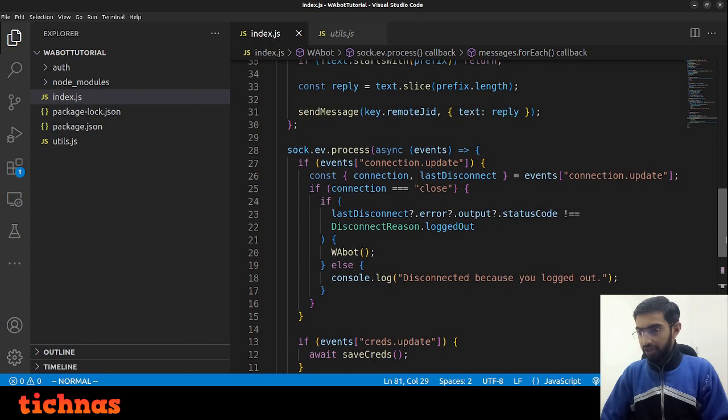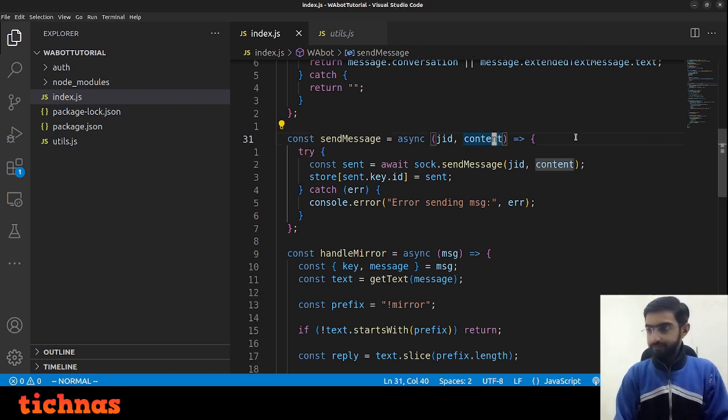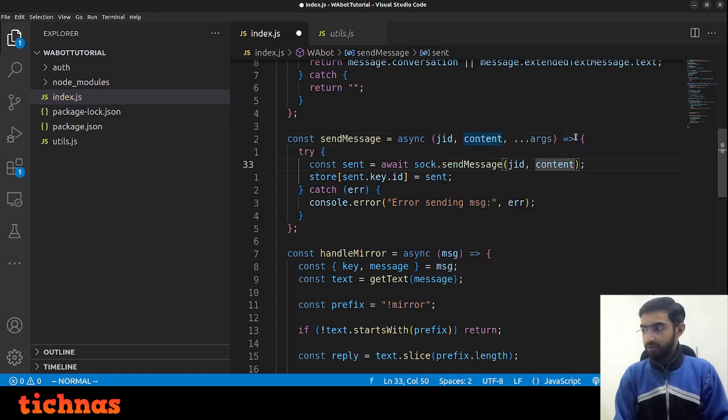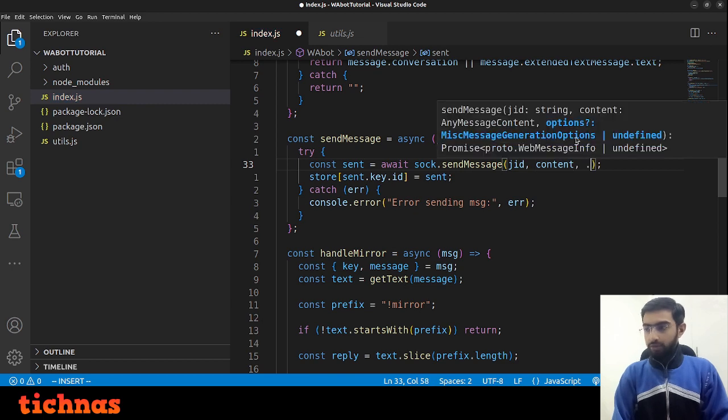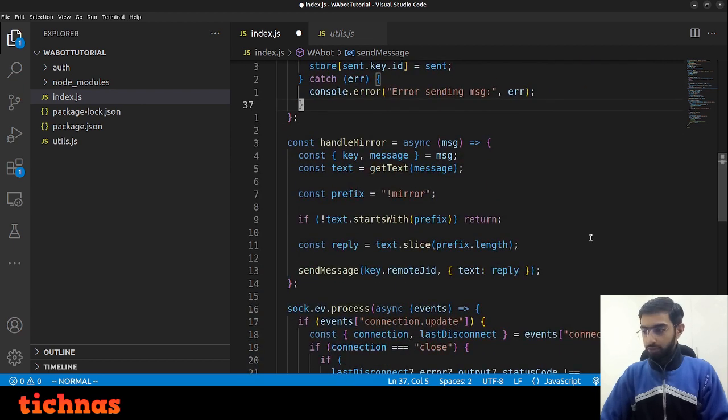For that, we need to change our send message function a little bit, and for now we have taken only the two arguments, JID and content, but I am going to keep the function flexible to take as many arguments as someone gives. And for that we have a syntax in JavaScript, which is simply putting args here and then here args. So any other arguments we give here will be supplied as it is, and the argument which we want to give is